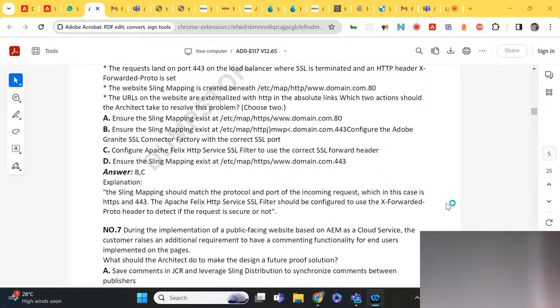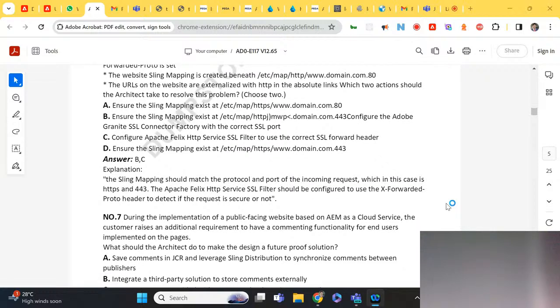First, A is save comments in JCR and leverage Sling distribution to synchronize comments between publishers. Keeping data in JCR, that's one option.